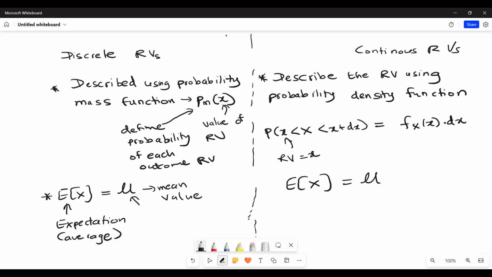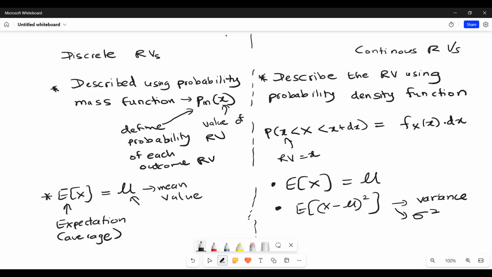So we will discuss the expectation operation and the variance operation for each of these two random variables. We will discuss the mean value, and then we will talk about the variance value. The variance value is defined as the expectation of x minus mu squared. So this is defined as the variance of the distribution,